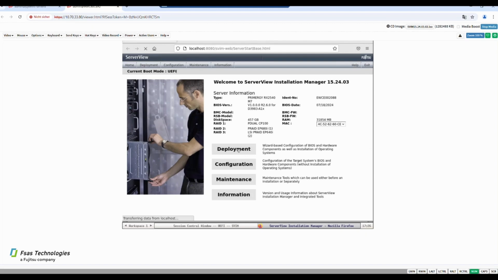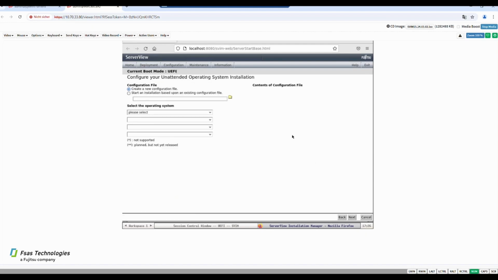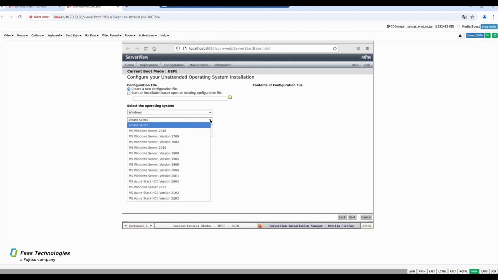Click Deployment. Click Customized and Next. Select the operating system, abbreviated as OS, and click Next.